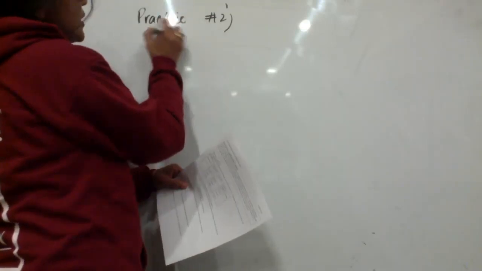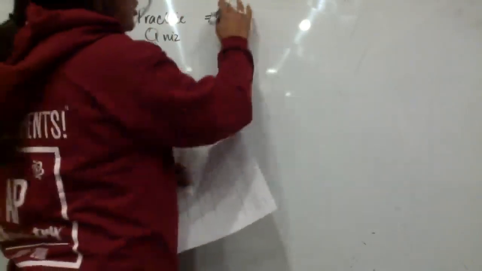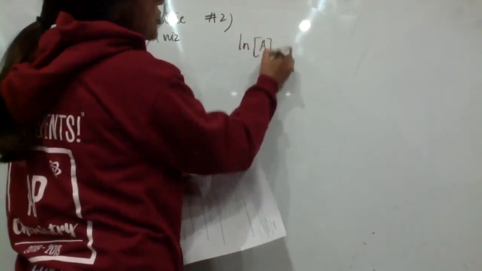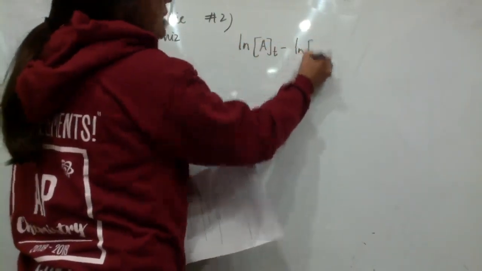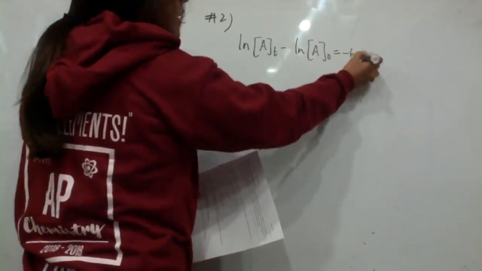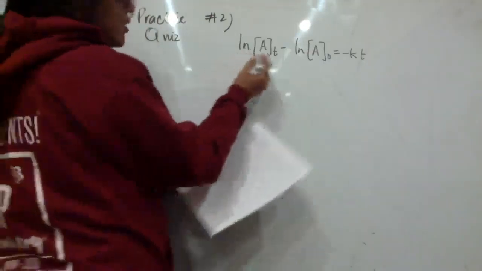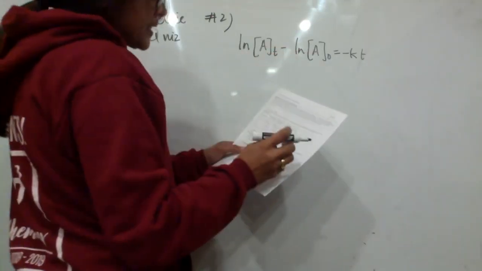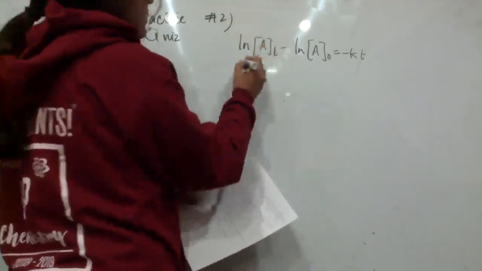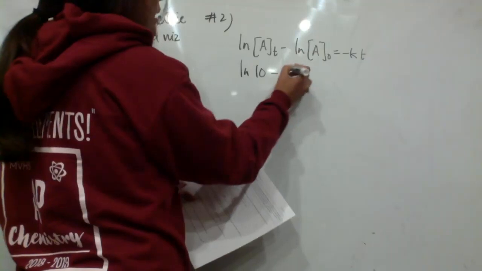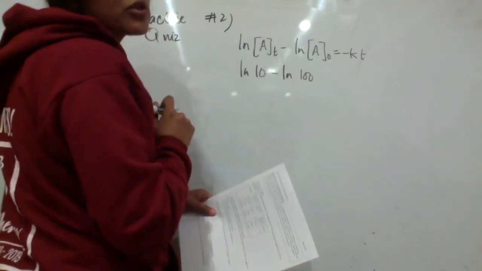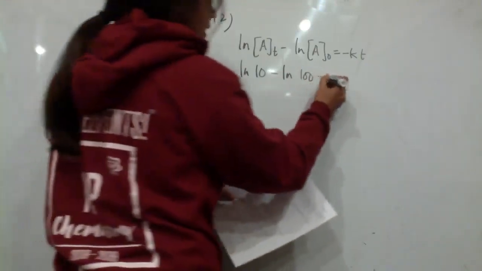So this is practice quiz number 2. So you know half-life follows first order kinetics, right? So natural log of concentration of A at T minus natural log of concentration of A at 0 time equals negative KT. Okay, so you know if 90% is decomposed at time T, how much is remaining? 10. So natural log of 10 minus natural log of 100, not 90, because this is at 0 time. You had 100% at 0 time. Negative